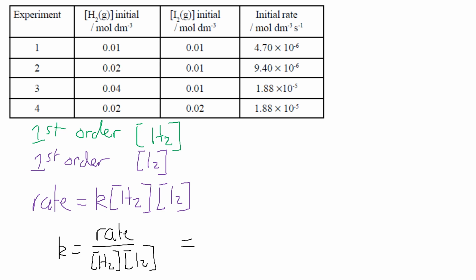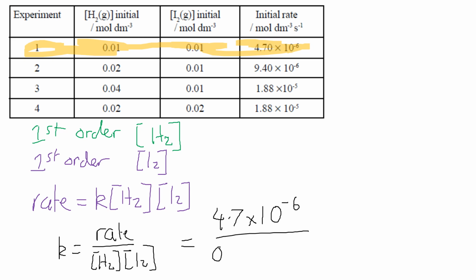And in experiment 1, we're going to use these numbers here. So the rate is 4.7 times 10 to the minus 6. And then you're dividing it by 0.01 times 0.01. And that comes out as